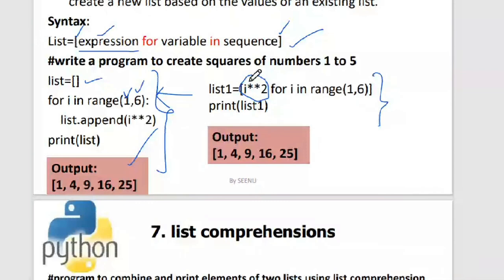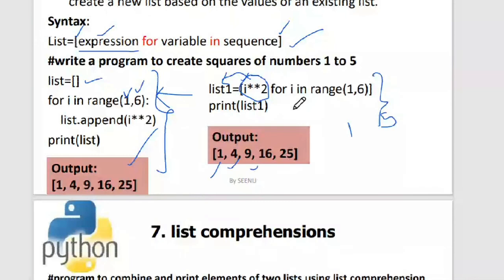So now what will happen? I will iterate through the numbers from 1 to 5 and the operations are performed, and this computed value will be assigned to the list one after the other. So first 1 will be assigned, and then 4 will be assigned, and then 9 will be assigned. After i gets incremented and goes to the next element in the range, again the computation happens and the computed value is appended to list1.